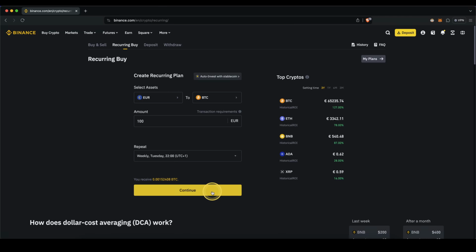In this video, I will show you how to quickly and easily set up a crypto savings plan on Binance